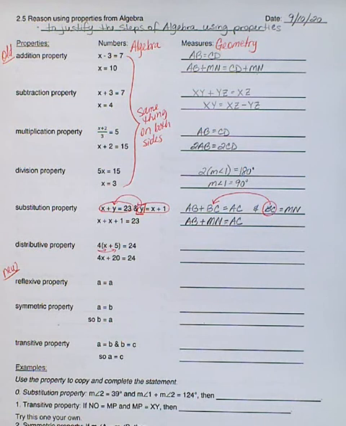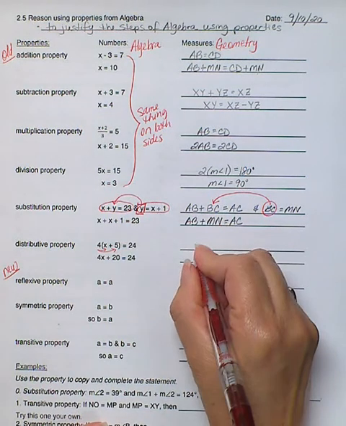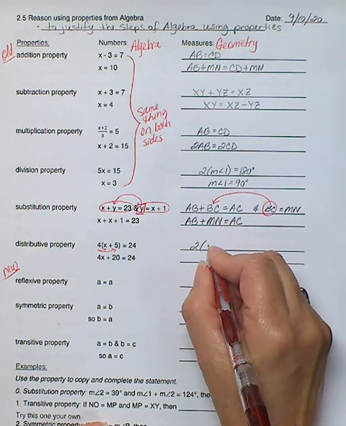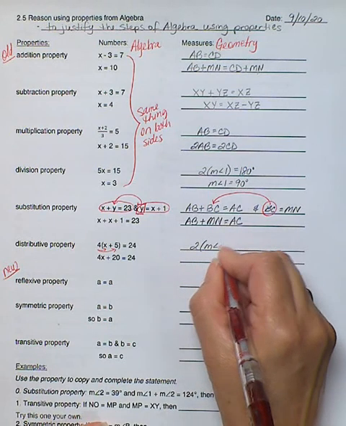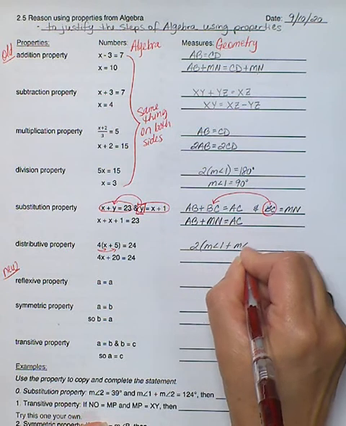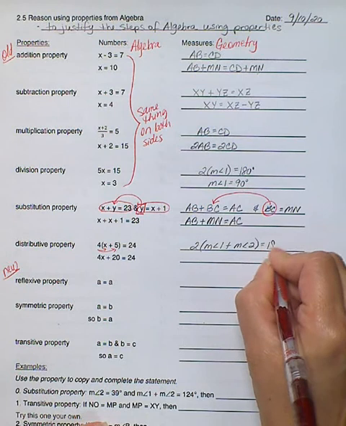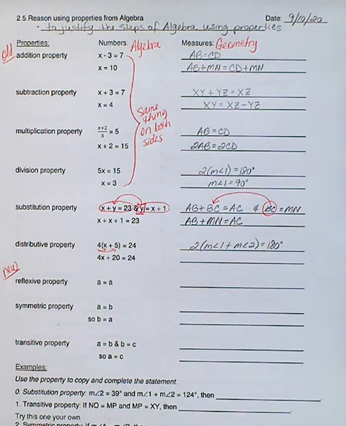So let's say we have twice the measure of angle 1 plus the measure of angle 2, and that equals 180 degrees. I could do the division property right now. I could divide both sides by 2 and show you the division property, but I want to show you the